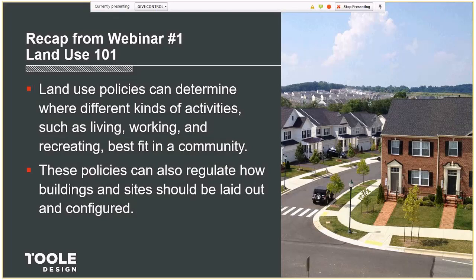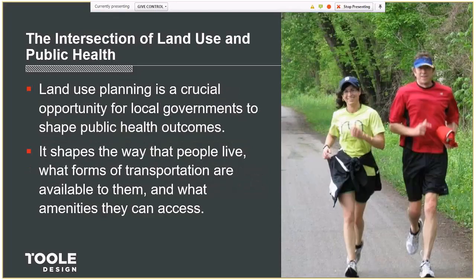On the flip side, zoning codes can also prohibit certain uses within zones, which separates residences from jobs and services, increasing trip length and reducing the ability to walk or bike. This should give you an idea of the power of land use to shape our daily habits and preferences in how we interact with the built environment.